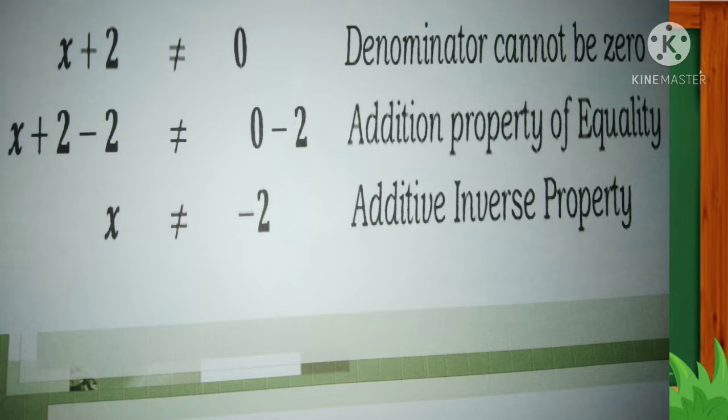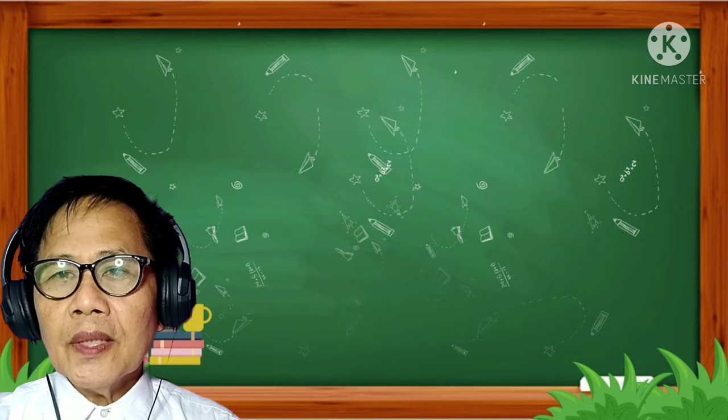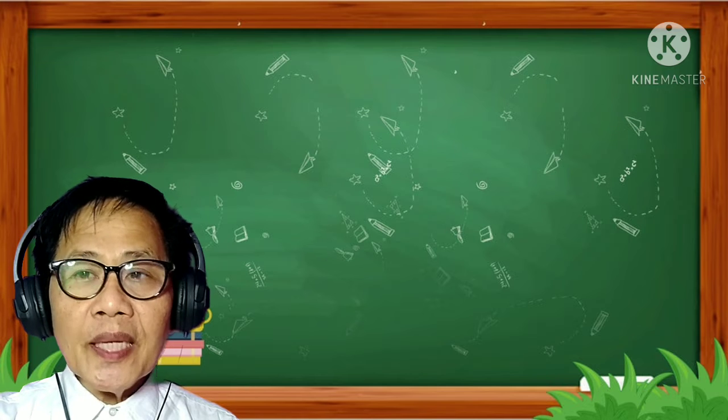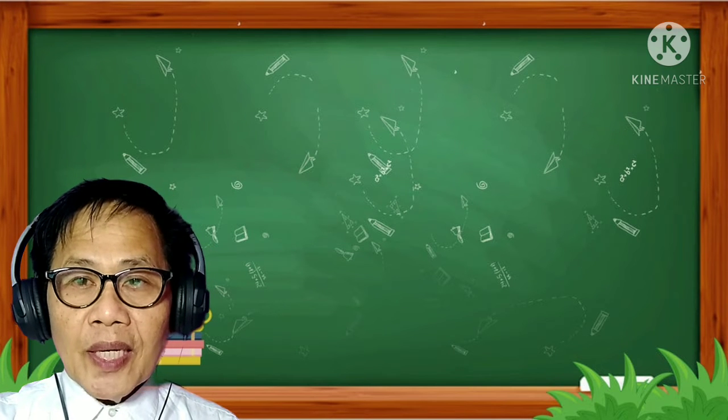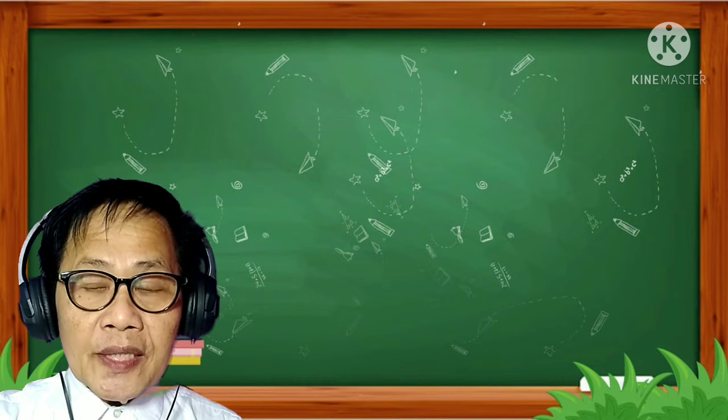x plus 2 minus 2 is not equal to 0 minus 2. That is addition property of equality. x is not equal to -2, and that is additive inverse. Hence, the domain is the set of all real numbers except -2, because -2 will make the whole denominator become 0. In set notation,